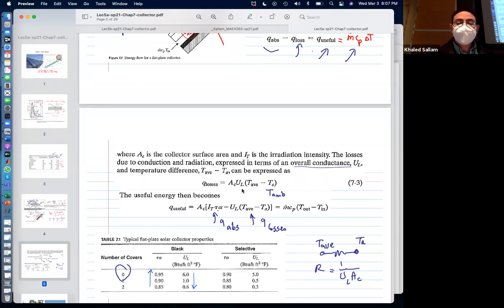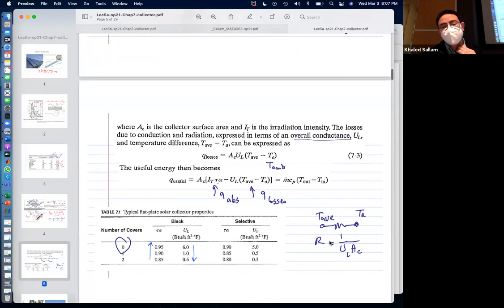So Q is U multiplied by area times delta T. What is U? Overall heat transfer coefficient. Okay. So this is to remind you of the heat transfer course that you had before. And in that course, in order to calculate the Q, you need temperature difference and you need the resistance